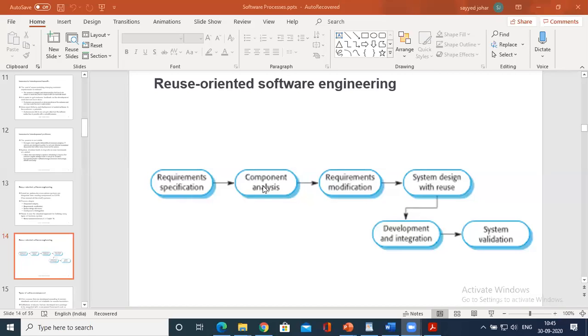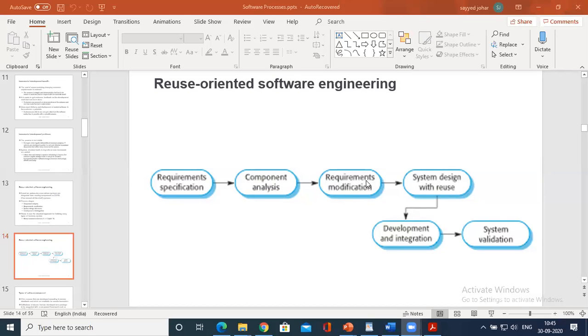In the case of component analysis, given the requirement specification, a search is made for components to implement that particular specification. Usually there is no exact match, and the component may be used only to provide some of the functionality required.